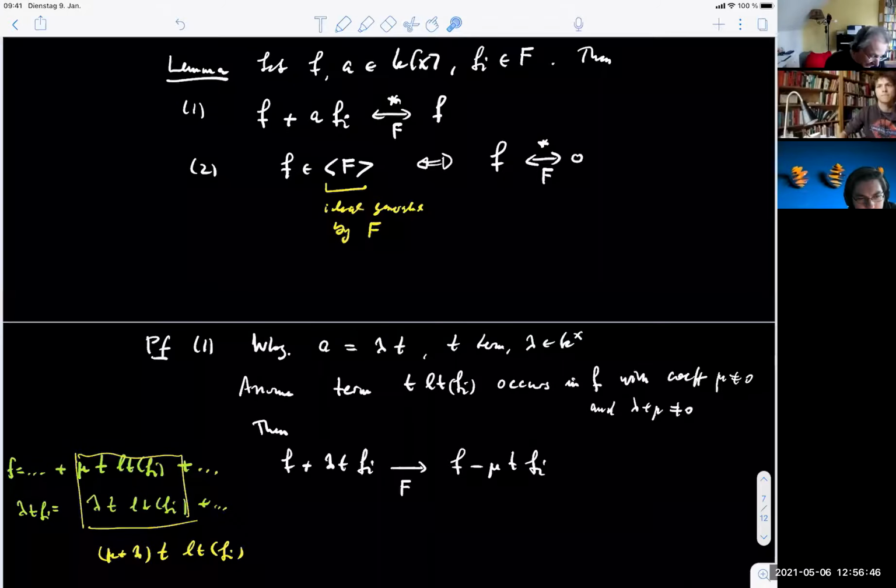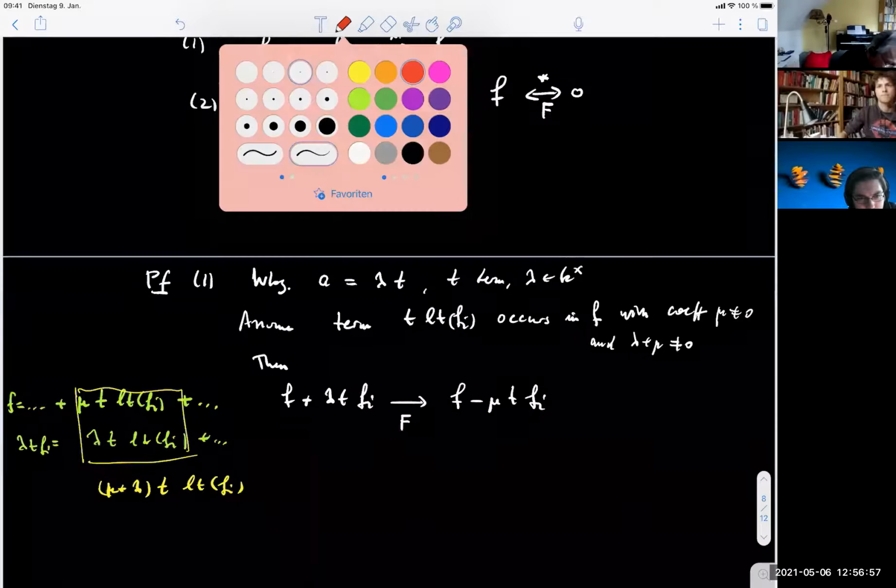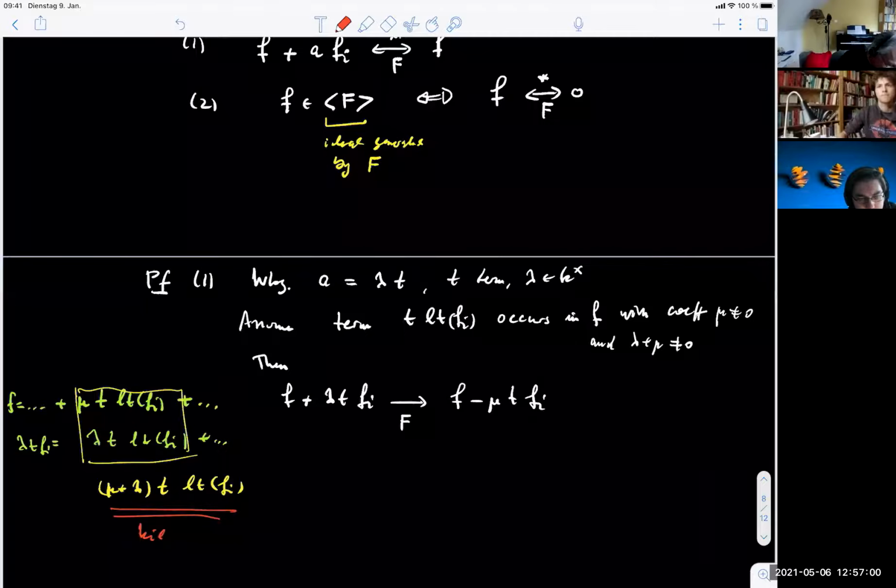Now you see I can reduce to that, because how? I kill this. If I have killed this, it means I subtracted this. So what I get in the end after subtracting it, I have this. It sounds a bit complicated, but it's actually very simple. But now the observation is,